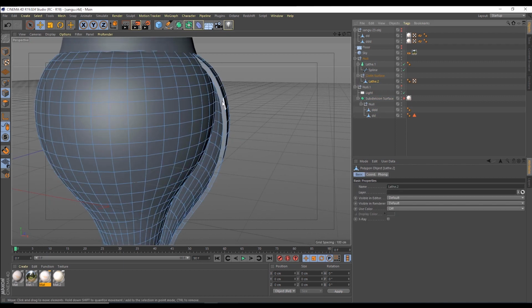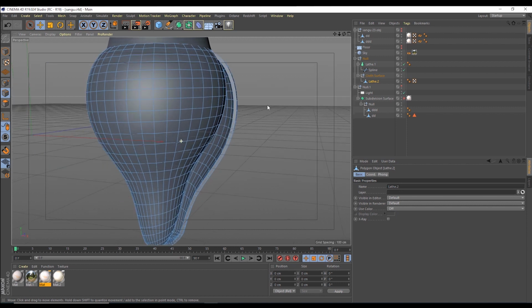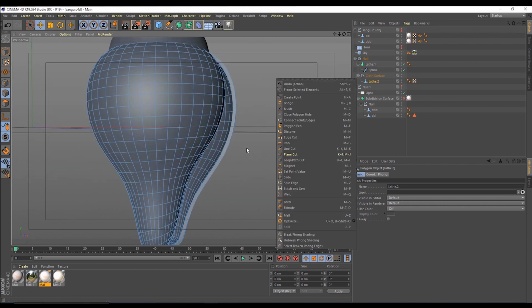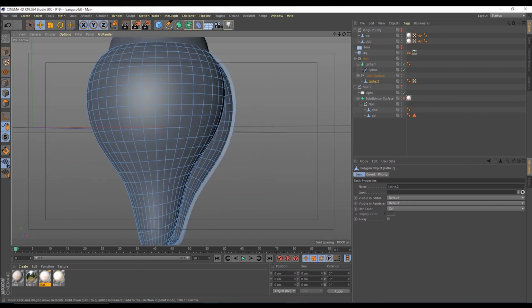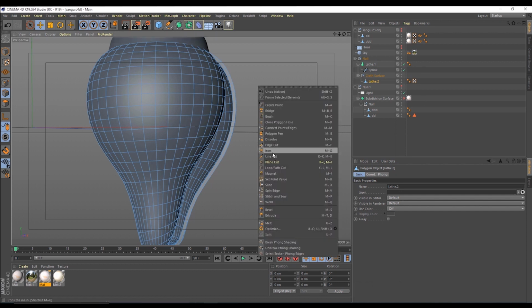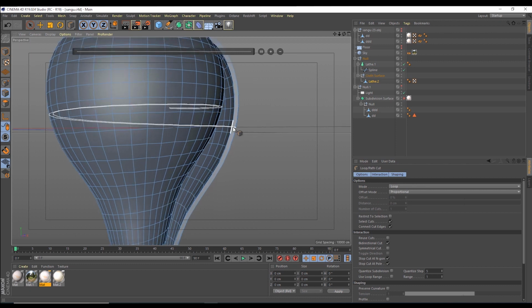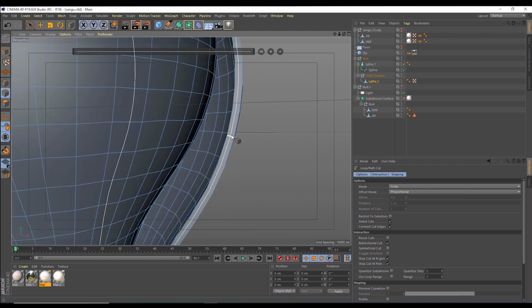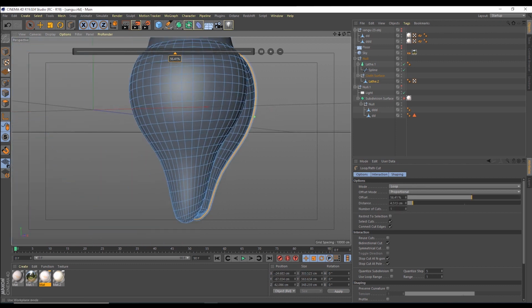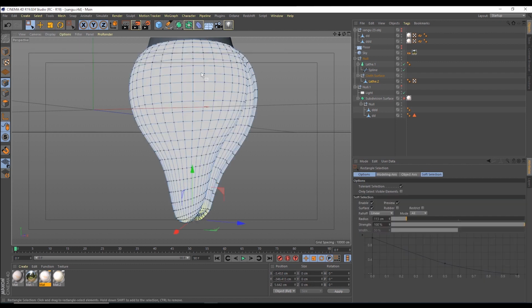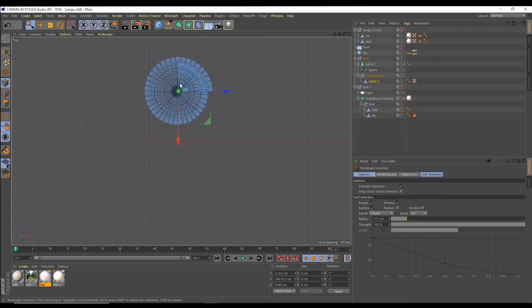In the center, we are going to add a segment. For that, I am using the loop tool. Select the segment, and now by selecting the loop cut, click on the edge, then we will get the new segment in the center. But if you are selecting the segment, it takes too much time.